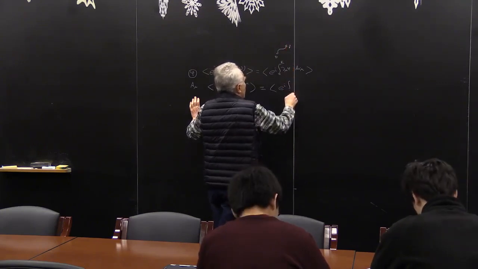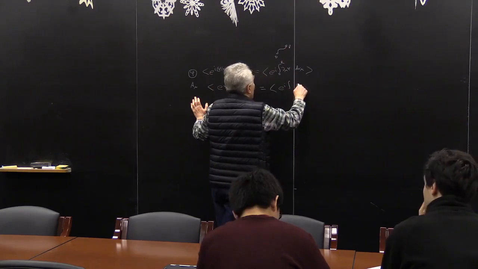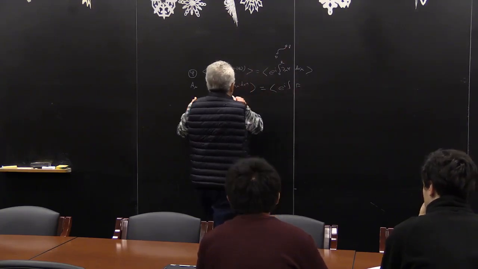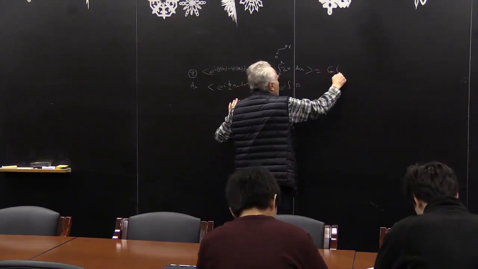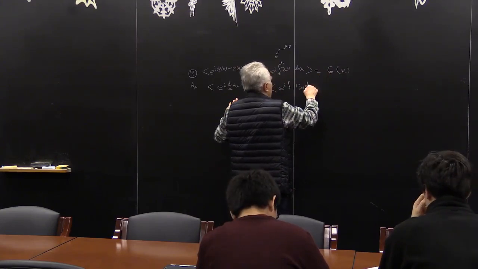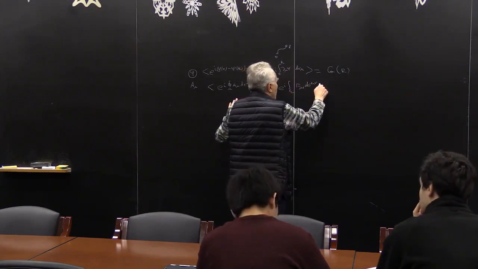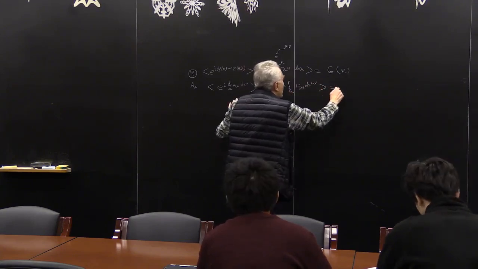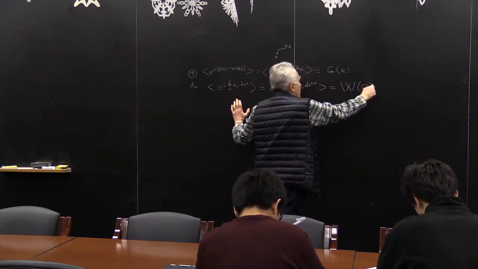Here we integrate over the open surface, for which C is the boundary. So this depends on r, and we have the function W of C,